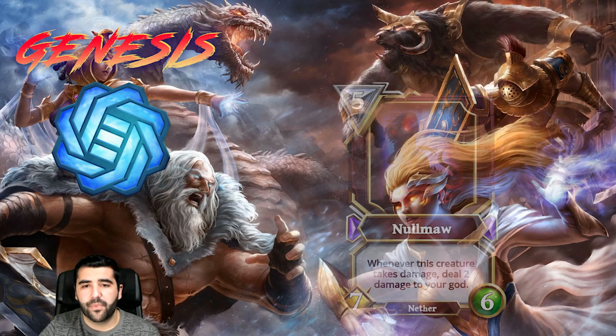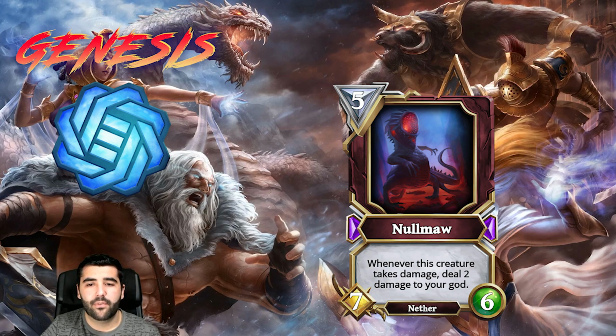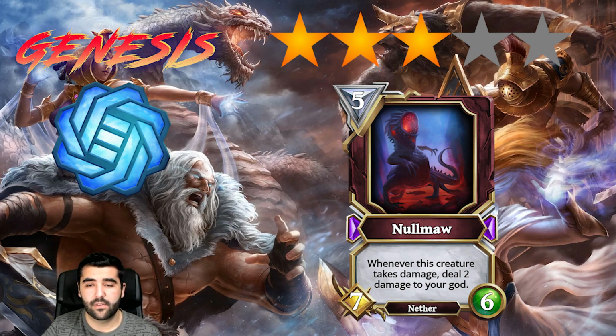Then we have Nulma, and Nulma has a really good stat line for 5 mana, but whenever this creature takes damage, deal 2 damage to your god. If you're running a super aggressive deck, then you can put Nulma on it, and it's a fairly good card to have because it's a hard thing to deal with. 6 damage, survives an Inferno, survives a lot of stuff. A Worm Breath and those types of things. So I'm gonna put this card in the 4-star category, in the 3-star category, sorry,